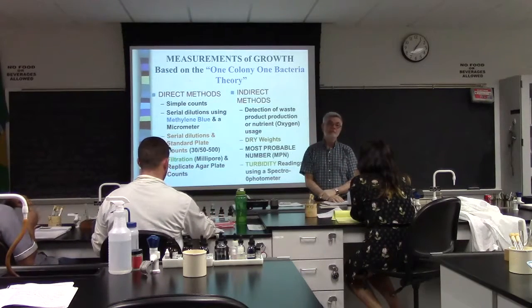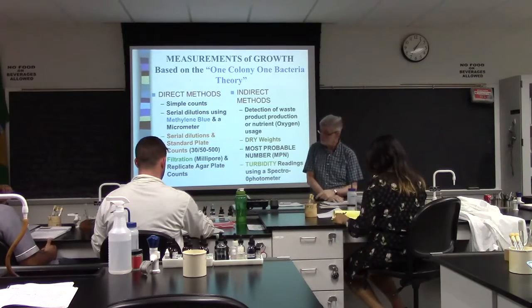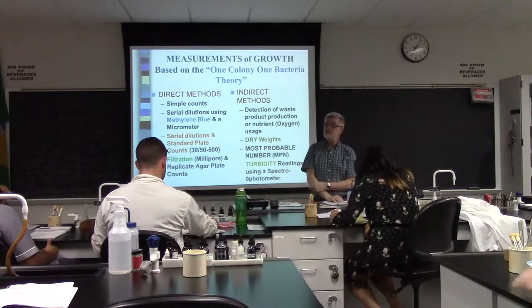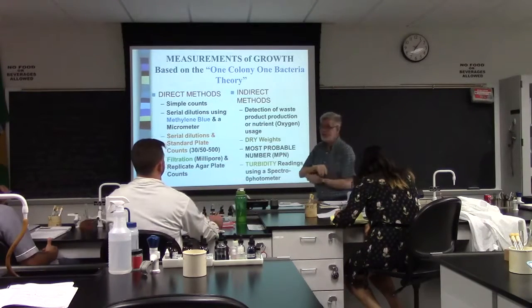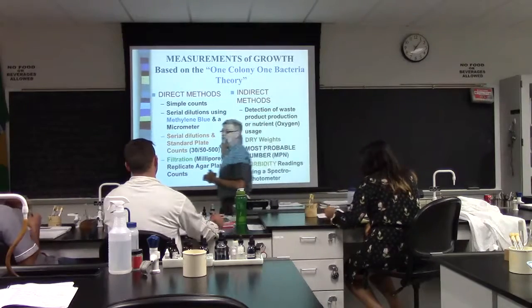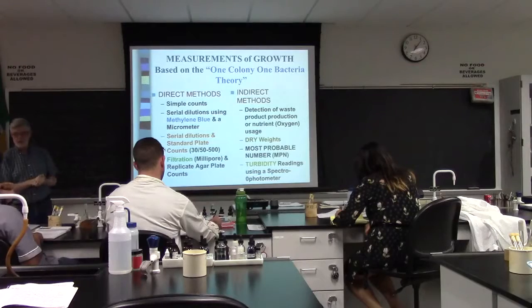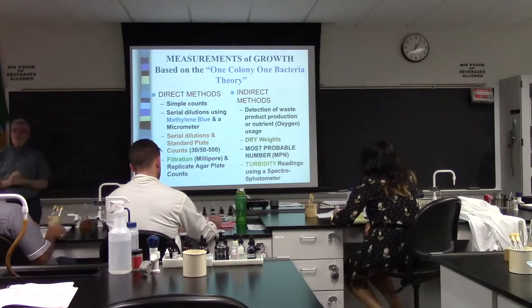Or I could count heads, or I can count eyes and divide by 2. That's all direct counts. I wouldn't want to count legs because some of you could have been in Afghanistan and got one blown off. So those are all direct counting methods. And direct counting methods are neither better nor worse than the others, but